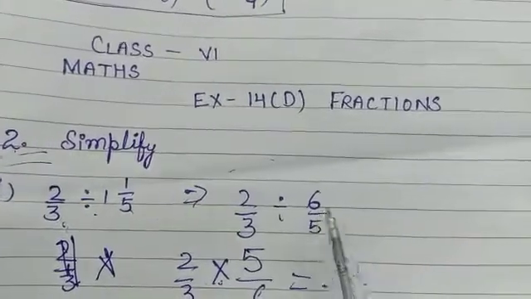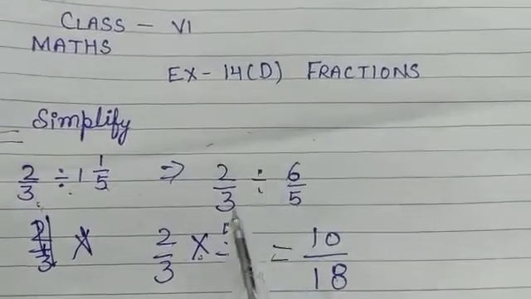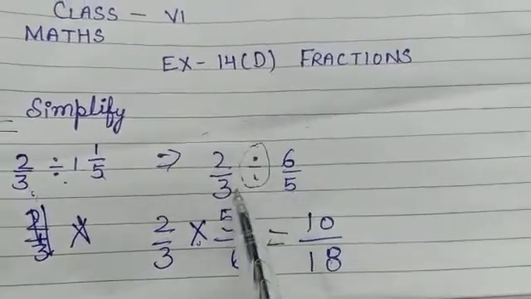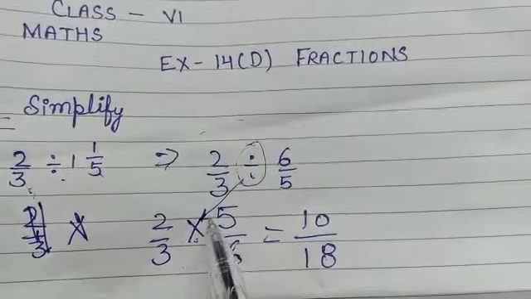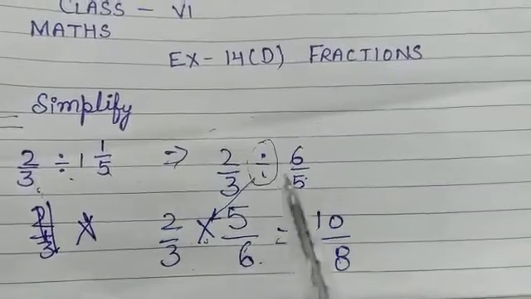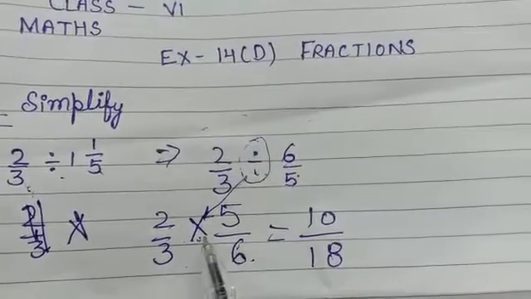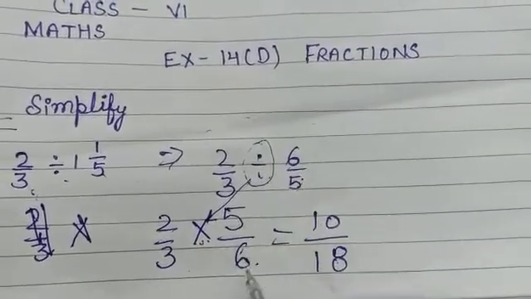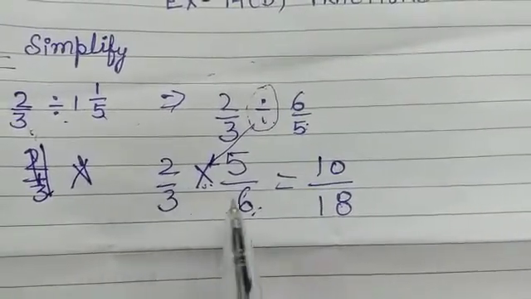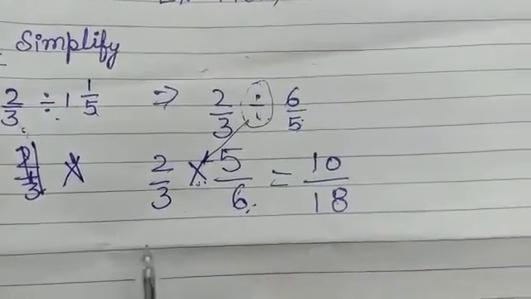Now, as we do division in other cases, we don't do the same in case of fractions. When we have to do division, we just change the sign of division into multiplication. But when we change it, we also take the reciprocal of the fraction, right? If you have two fractions and you have to divide them, change the sign of division into multiplication and take the reciprocal of the fraction, right? Then check whether the numbers can cancel with each other. Do that, otherwise just multiply them.